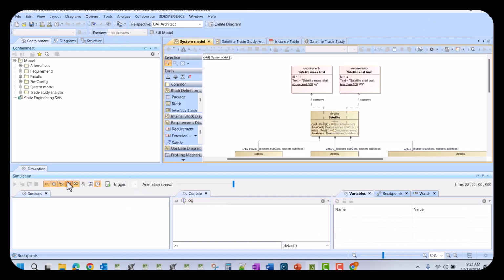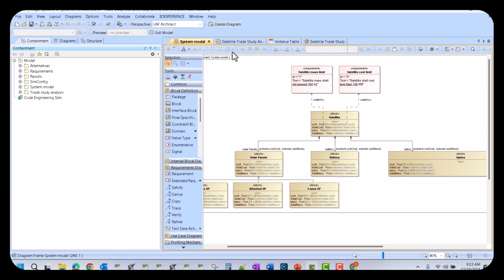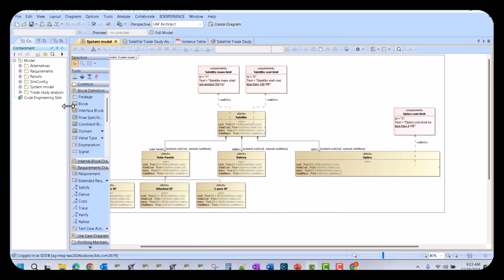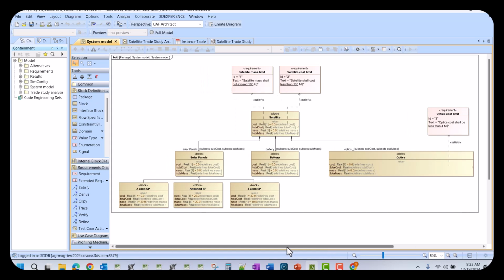So this model is an excellent example of trade study analysis where Saulius has taken the satellite model and we are looking at different key points such as cost and mass requirements, and actually